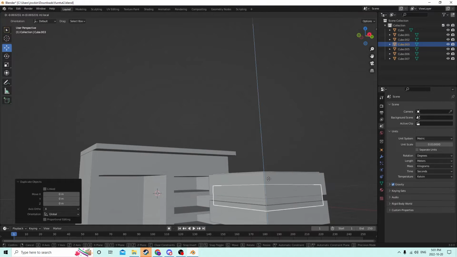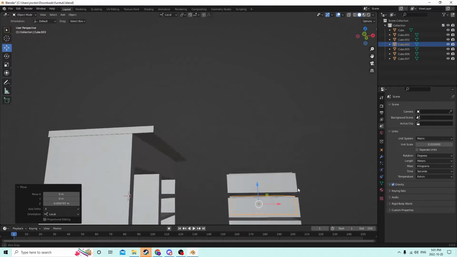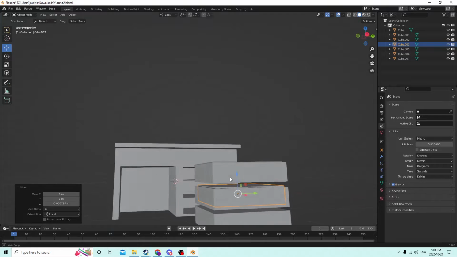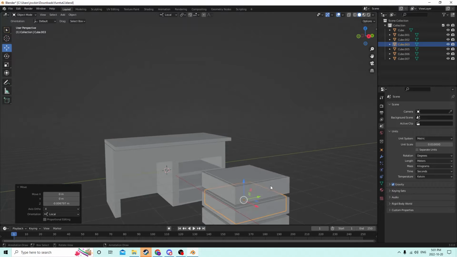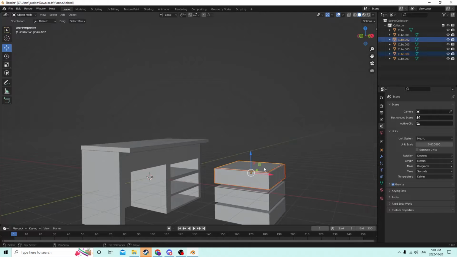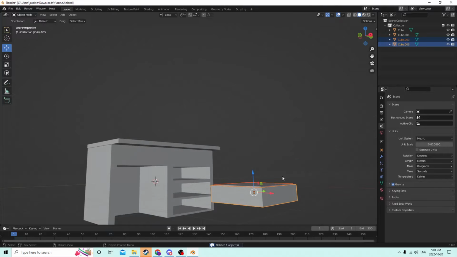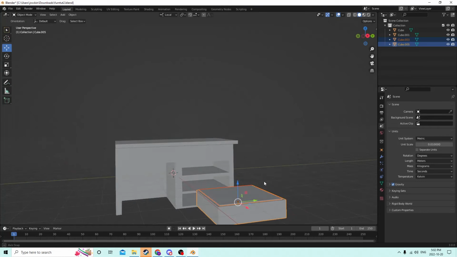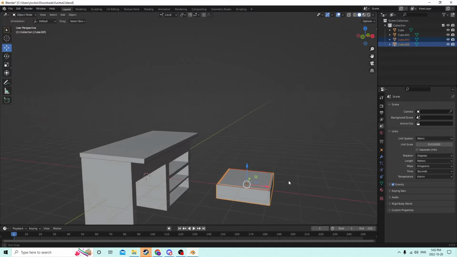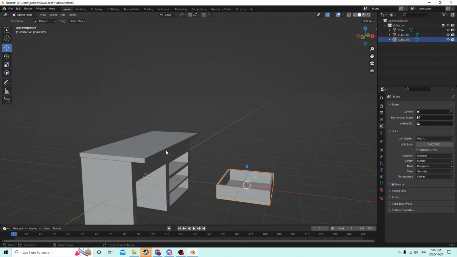Two ways we could do this. I already duplicated. We can try to match them up on each one, and that's a little bit more difficult. You have to have a sharp eye for it. So instead of doing that, we're just going to delete these, delete that, and take it out of one. We're going to have to guess on the holes on the other one, but we're going to shrink it after just a hair, and it should be easy enough because we only have to go up and down to get it in line. So when you're ready, go ahead and bool this one, different,